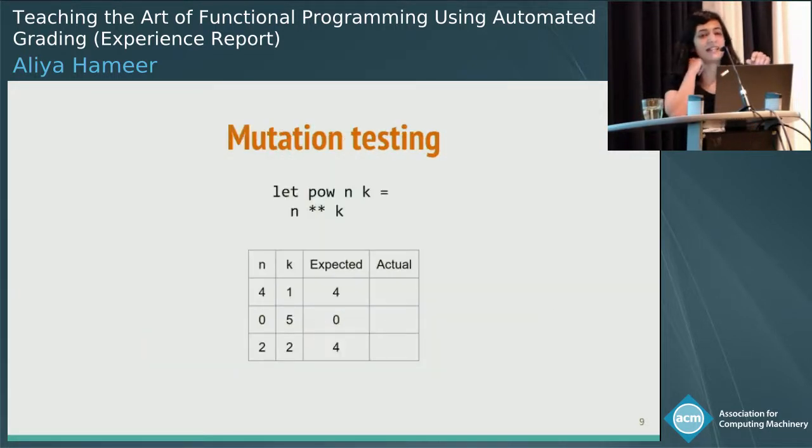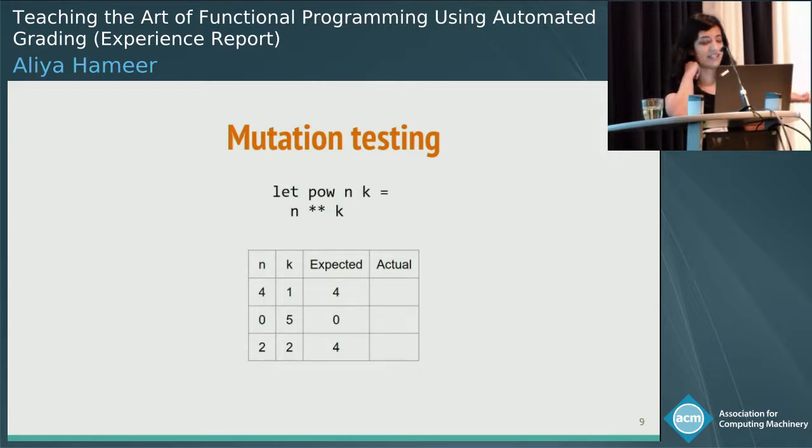Suppose I wanted to write a simple power function on non-negative integers. And so I have a reference implementation where the double star you can just consider to be an integer exponentiation operator. And I, a naive software developer, have written a test suite for this function that I believe to be